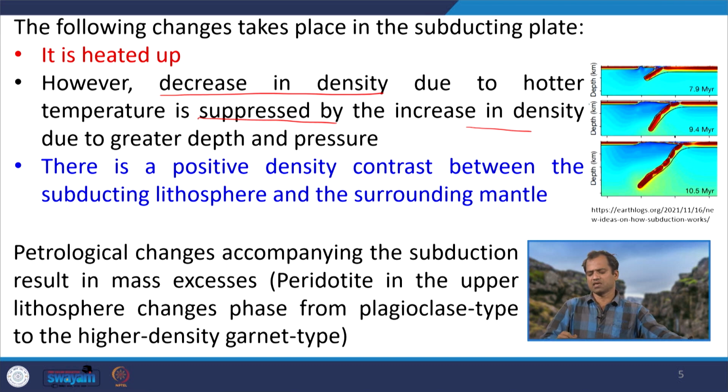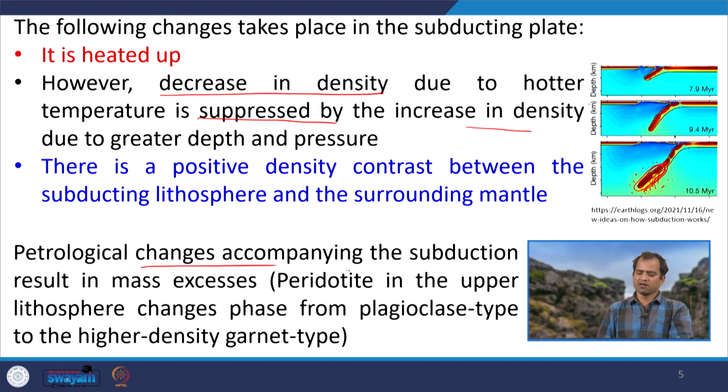So, that means gradually we are getting high density materials here, and that is why this part of the plate becomes so dense and so heavy that it is denser than the surrounding material. So, once it becomes denser than the surrounding mantle, it will bend down, it will just hang like this. So, that is why petrological changes accompanying the subduction result in mass excess, and